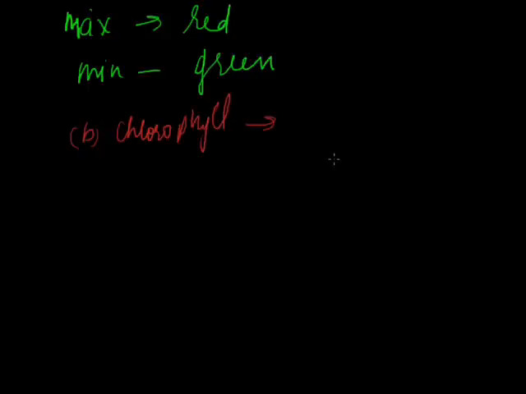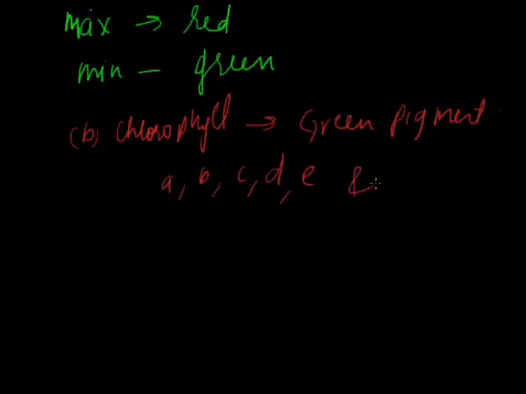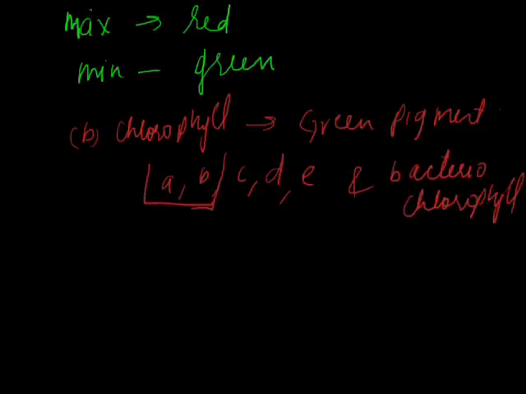These are the green pigments present in chloroplasts. They are found in green leaves in a maximum amount as well as other green aerial parts of plants. So this is actually a green pigment. There are 6 different types of chlorophyll. They are chlorophyll A, B, C, D, E, and also bacteriochlorophyll. Among them, chlorophyll A and B are the most common types of chlorophyll found in major category of plants.